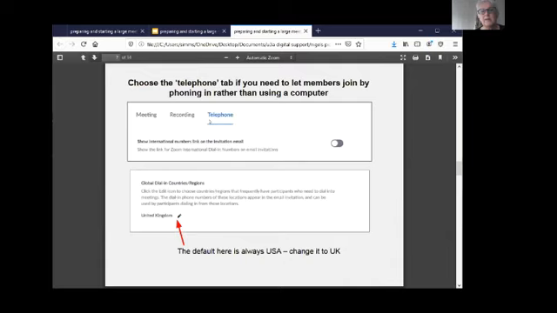And under the tab labeled telephone, if you go right down to the bottom of the page, you're going to find this bit where you can default the telephone numbers that appear when you schedule a meeting and you press copy to clipboard, and then you get all that gumph to put into an email.